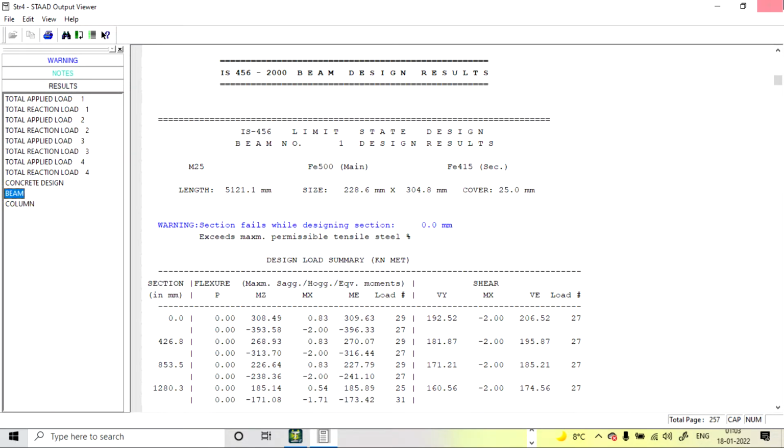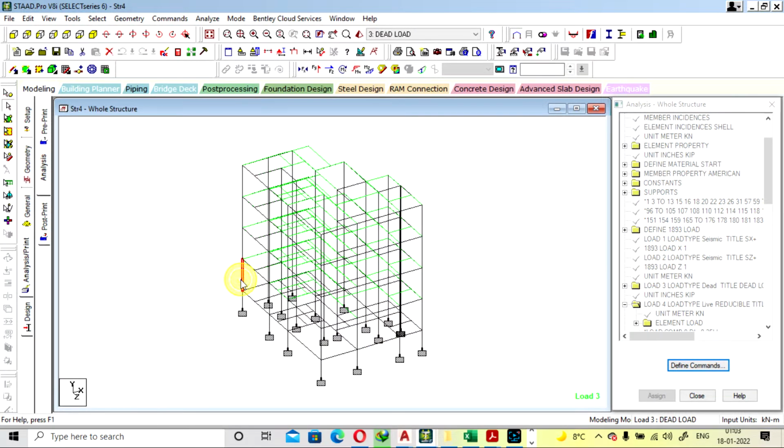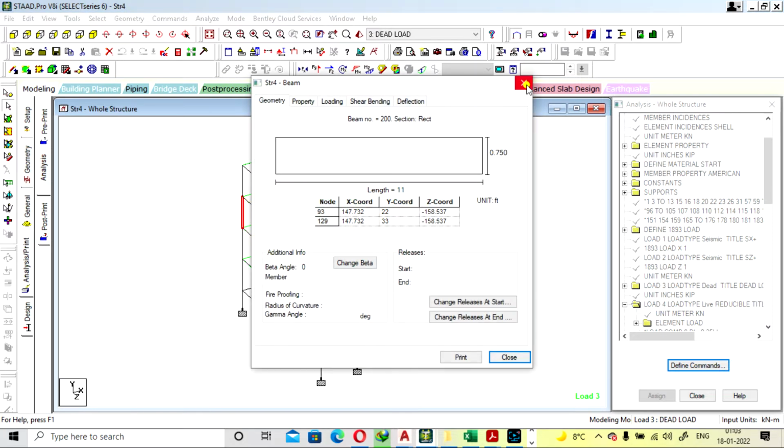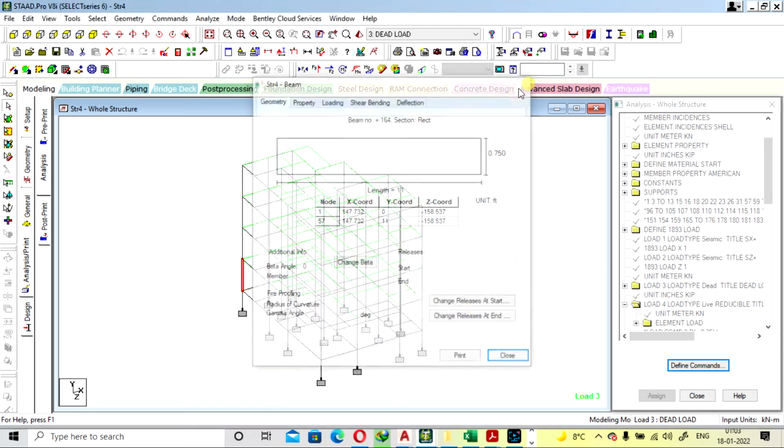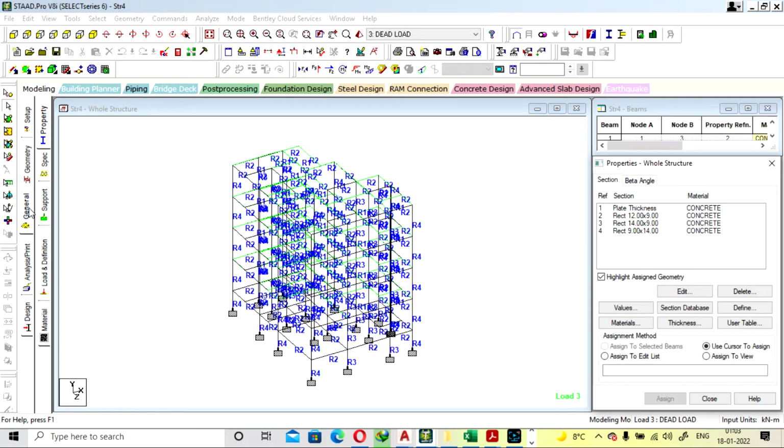You can also directly check from here. So this column is not safe. So first we'll go with the column. The column was not safe here as per the design. So what should you do?